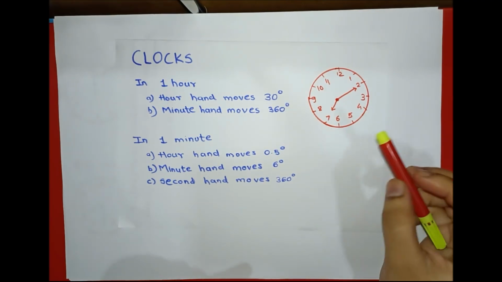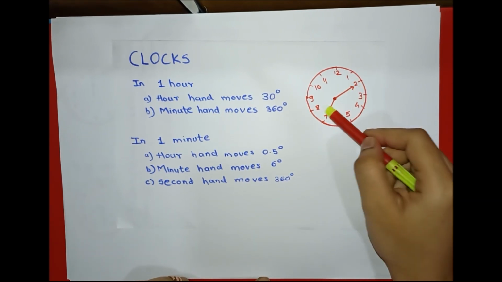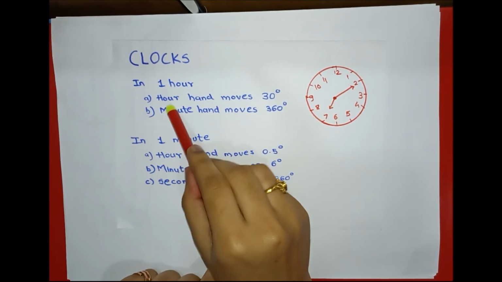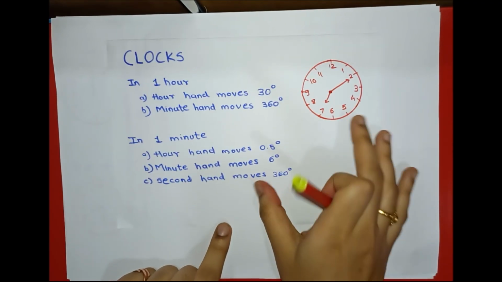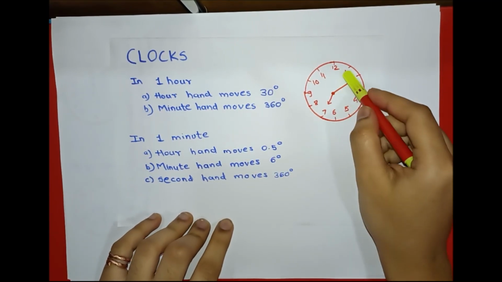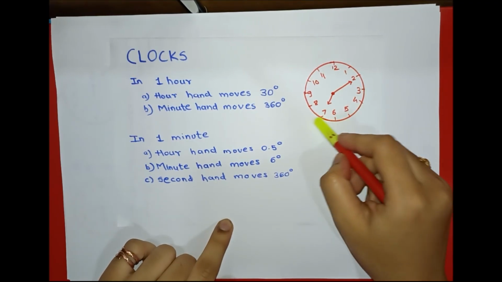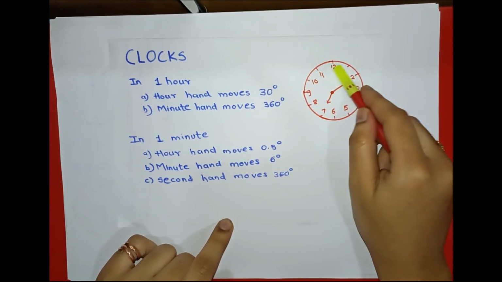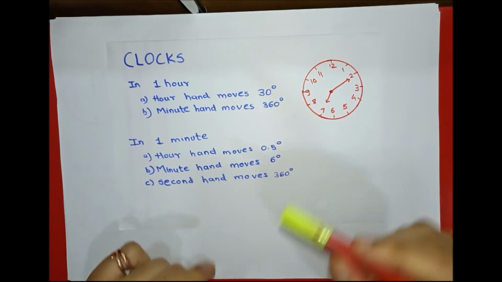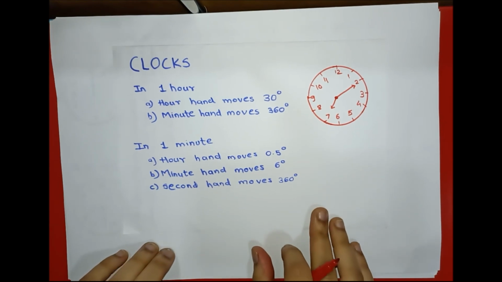So in clocks, we have two hands. The longer one is the minute hand and the shorter one is your hour hand. In 1 hour, the hour hand moves 30 degrees while the minute hand moves 360 degrees. So in 1 hour, the longer hand, which is the minute hand, will cover the entire distance, which is 360 degrees, while the hour hand will be just moving by 30 degrees. So if you want to know how it happens for the hour hand,